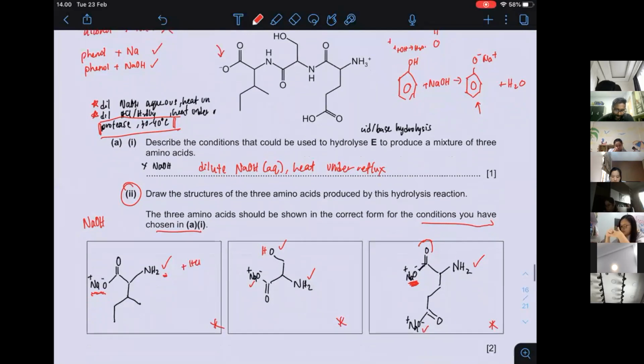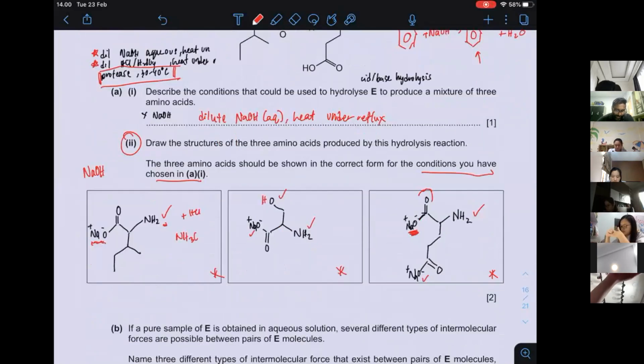You are going to have NH3Cl. So you will not get the NH2 there. Please check accordingly. They will have different products. So if you are using HCl, then this part will be OH, but for anything that has NH2, they will have NH3Cl. They follow accordingly. That's why they give you a general equation over there,